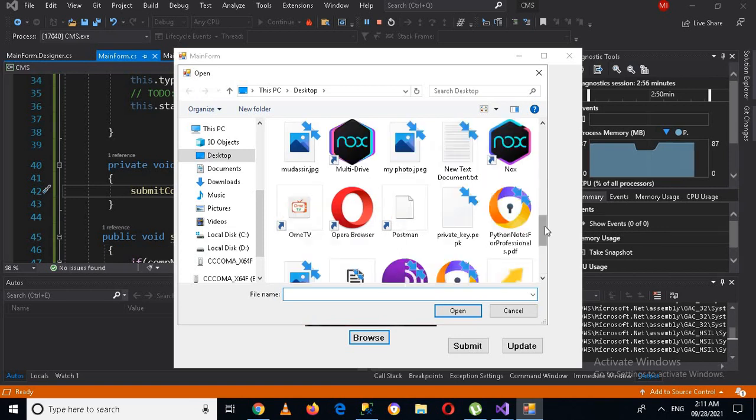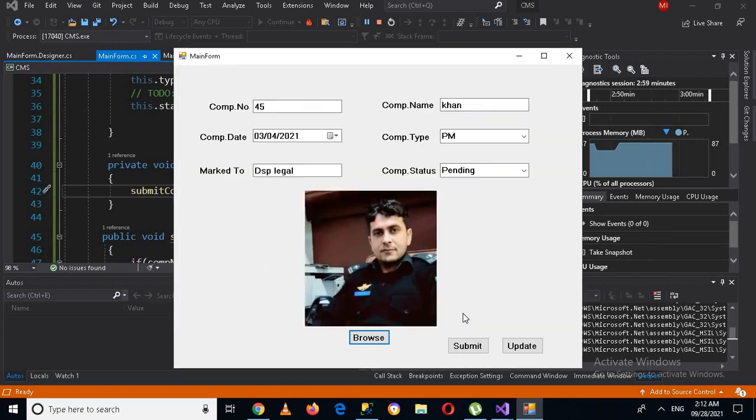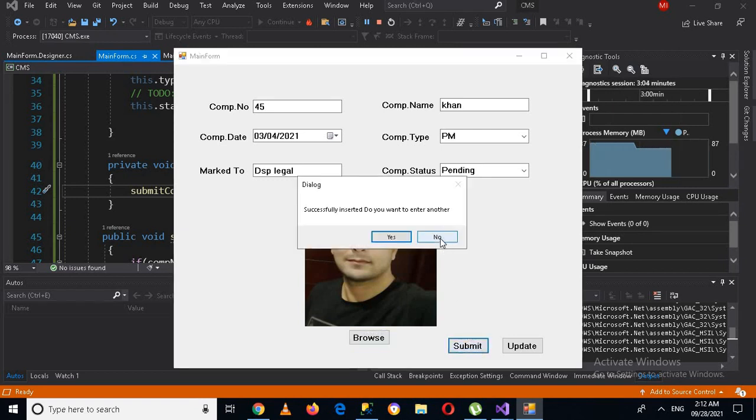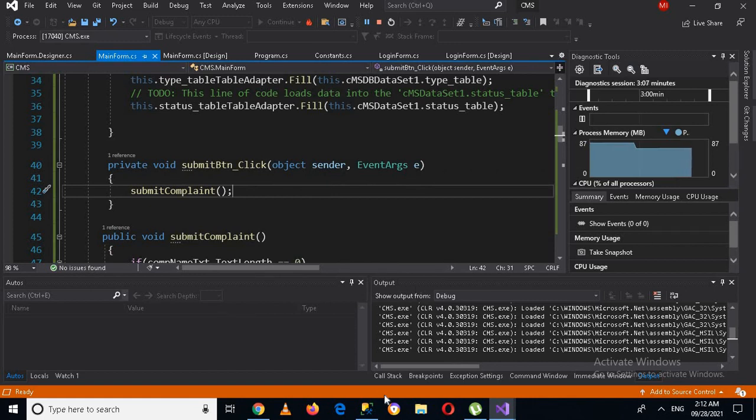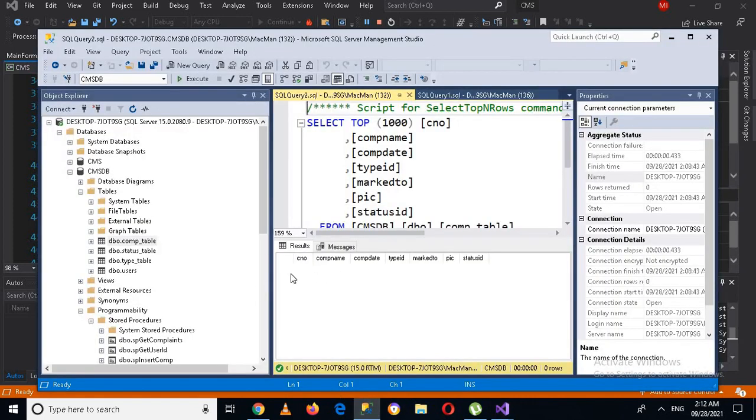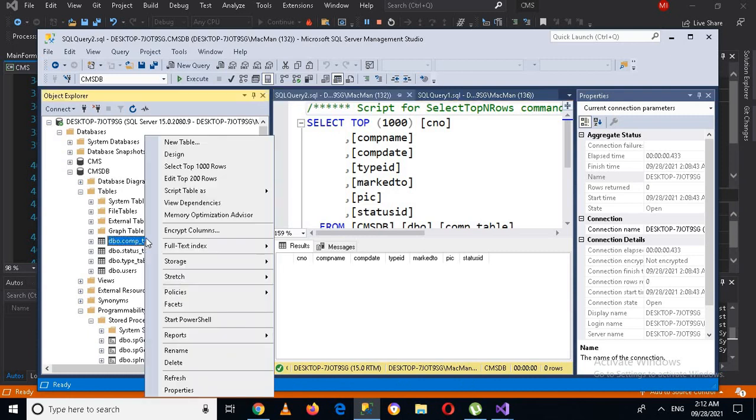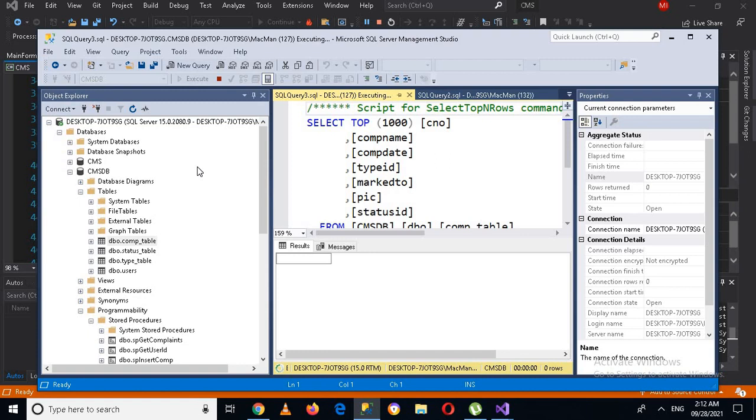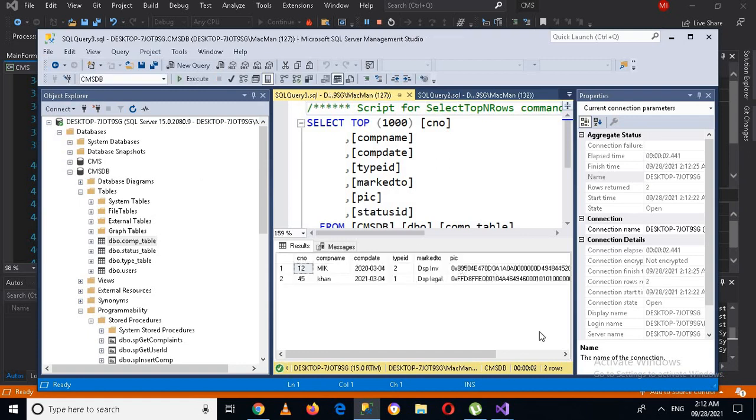So for this we'll select this one, and this is a shortcut, so this will not work. So I'll select this one, open, and not this one, and I'll select this one, and now I'll select submit, and as I click no, so this form will close. Now I'll go here, as previously we do not have any complaint here. Now if I select top 1000 rows,